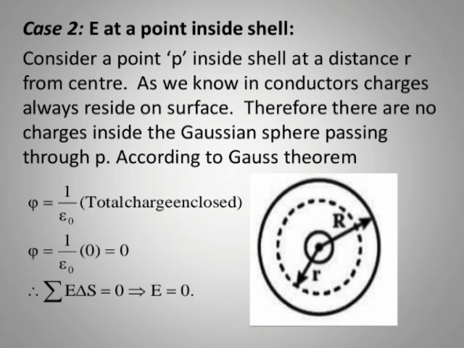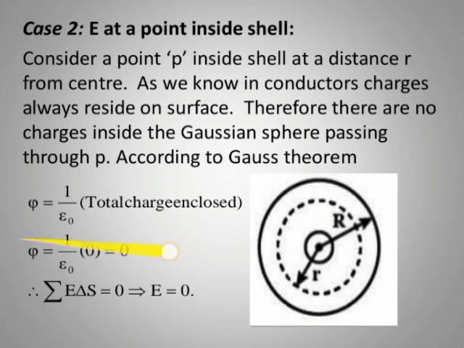Okay, so what do they say? If I consider this is the sphere, on top of this you have got some charge, but within this sphere there is no charge. So now if I consider this a Gaussian surface, inside this Gaussian surface the charge is zero because it is neutral, that is why the charge is zero. So what do you mean by Gaussian surface or Gauss law? The total charge enclosed within the enclosed surface. So if I consider this sphere has got charges on the outermost surface but not inside, and I have a Gaussian surface inside the sphere, there is no charge, and that is why